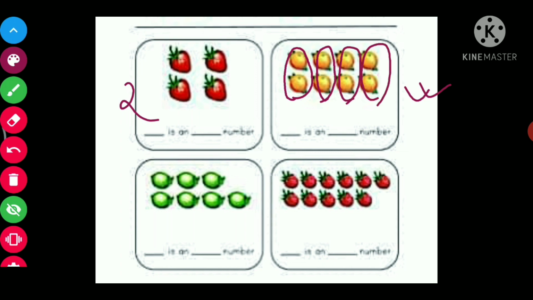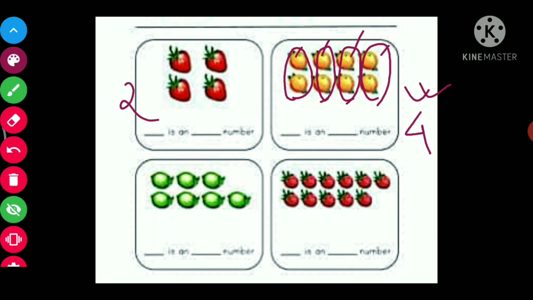So how many pairs can you find here? Here 1, 2, 3, 4 pairs are there. That means 4 complete pairs are there, nothing is left over.